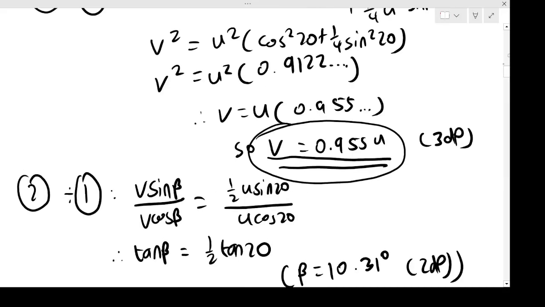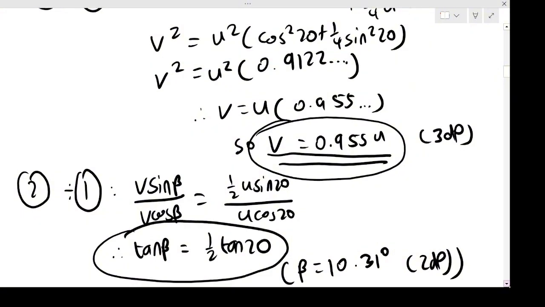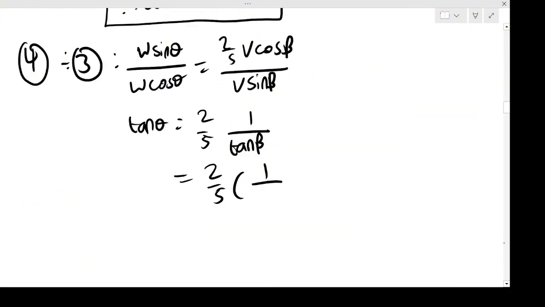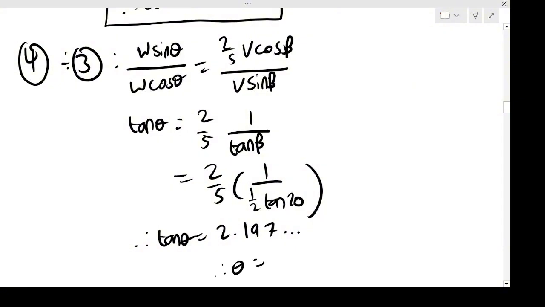We know what beta is, but actually we also know what tan beta is. It's here. It's a half tan 20, right? So I can sub that result in, quite nicely. So therefore tan theta, if I now evaluate this in the calculator, 2/5 of 1 over 0.5 tan 20, I'm going to get 2.197 blah blah blah. Therefore, if we do inverse tan of that,